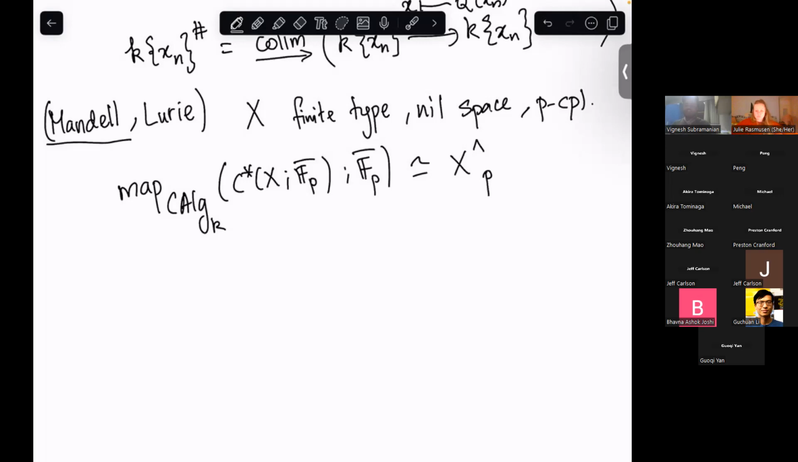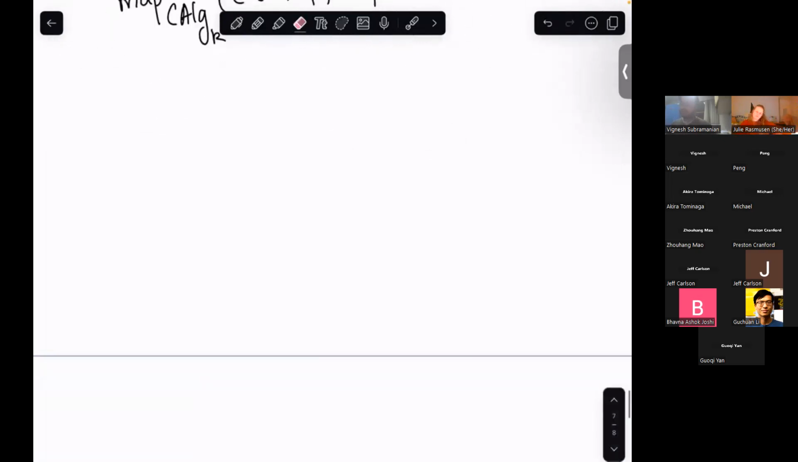So this is like taking global sections, right? And this is exactly identified with X_p completed. I mean, X I assume to be p-complete. So this gives you a p-adic model for spaces. This is what we will use along with the next theorem. So in particular, whenever we are